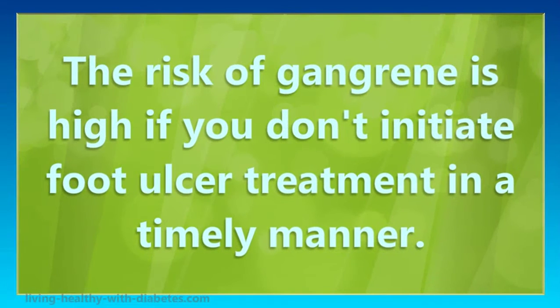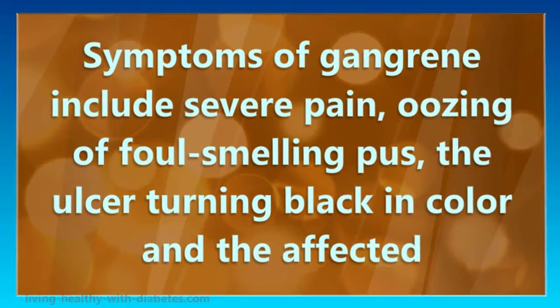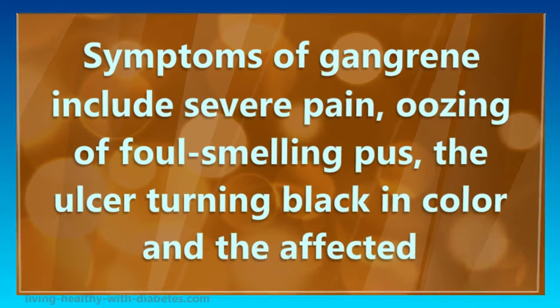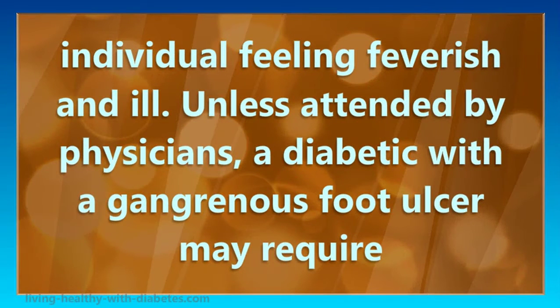The risk of gangrene is high if you don't initiate foot ulcer treatment in a timely manner. Symptoms of gangrene include severe pain, oozing of foul-smelling pus, the ulcer turning black in color, and the affected individual feeling feverish and ill. Unless attended by physicians, a diabetic with a gangrenous foot ulcer may require